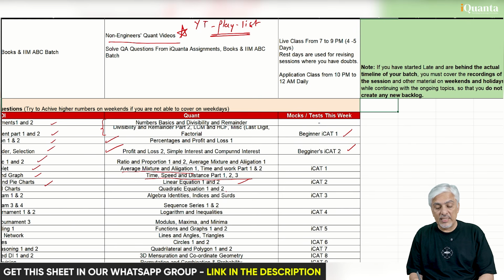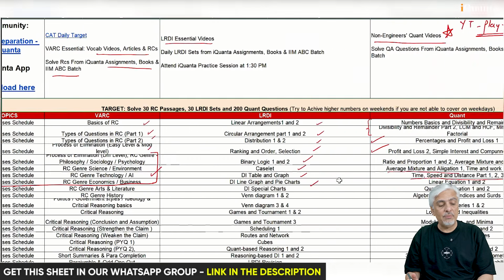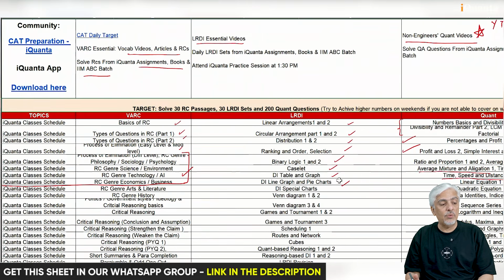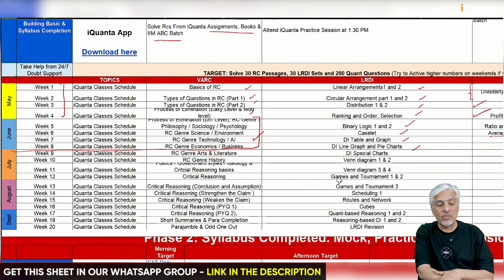So remember, you can see there are time, speed, distance as 3 chapters. A lot of people are asking me, in the second batch, will we get less than the first batch? I don't think so. You will get the same amount and you should not worry about that. Obviously, with that, we've started iCat 1 and 2. Similarly, I don't need to read out everything that will happen week by week. You can just go and see what will happen week by week, and as I said, you can also ask for this.